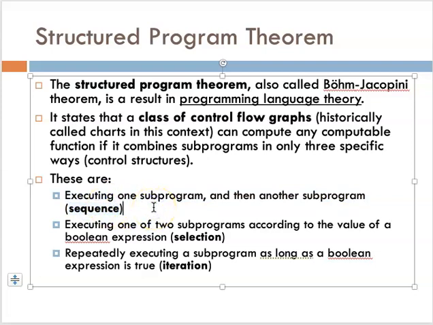Then another is sort of what we saw with that branch Z. When you execute one of 2 subprograms, say they live at 2 different addresses, according to the value that you might have. And we'll talk about what this value is, whether it's a Boolean expression or not. Why should it be a Boolean expression? Because we had that branch if 0, for example, that we looked at just a minute ago. But this kind of control of the flow of execution is called selection, because you select between one of 2